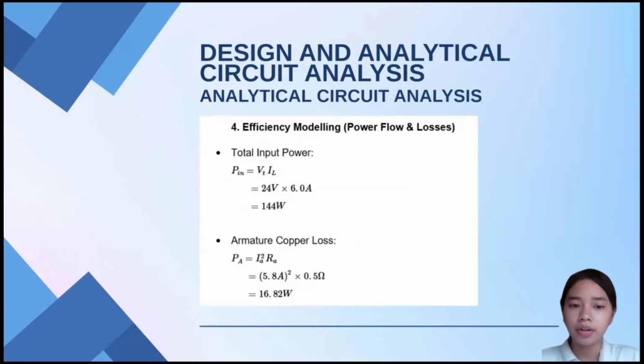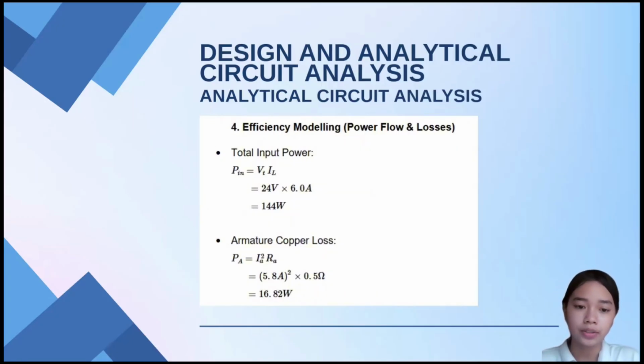For the efficiency modeling, the formula that we will use is η = P_out over P_in times 100%. Before we put those values into that final formula, we have to figure out what the input power as well as the output power is. For the total input power, we simply use P equals V times I, and inserting all the values,